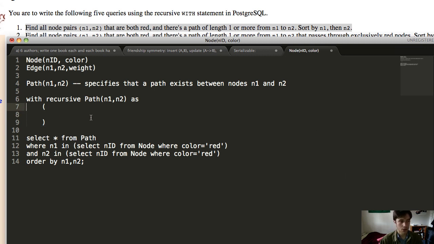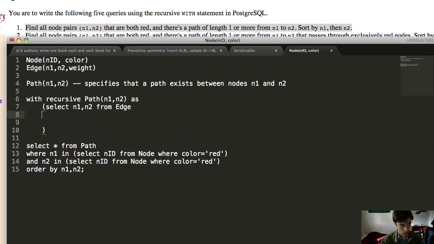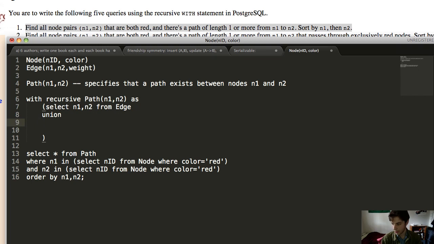And as a base case, we know that anything in edge will also be a path. There'll just be a path of length 1. So we'll use as our recursive base case, select n1, n2 from edge. And then we build this up just like in the recursion demo video. We union that with,